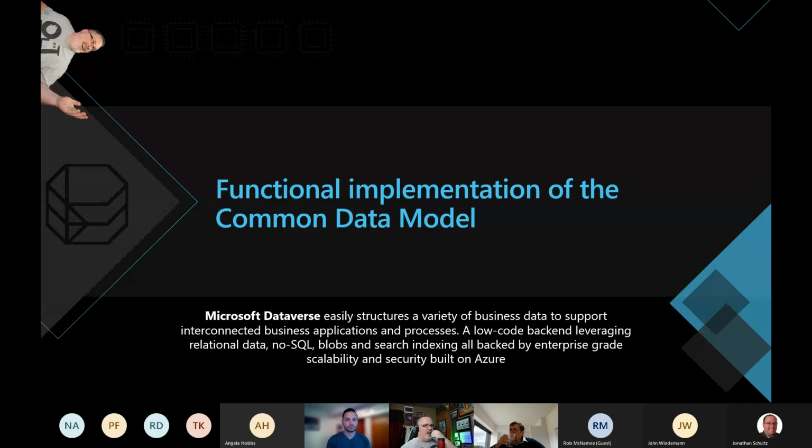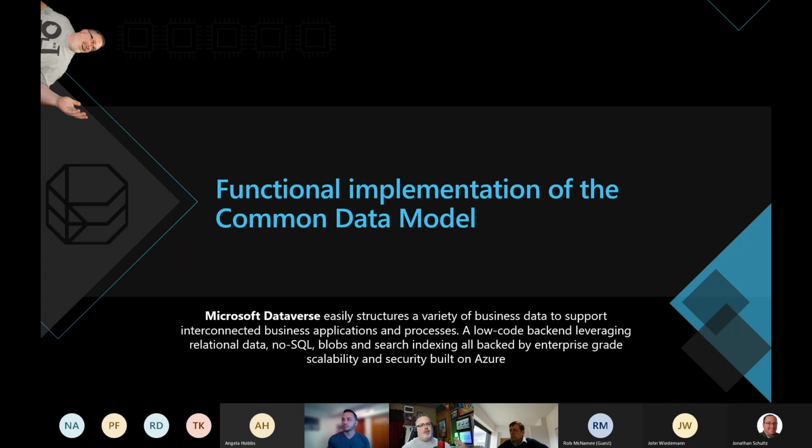When we talk about what the Dataverse is, this is that functional deployment of the Common Data Model that we've been talking about. When you deploy a Dataverse, you're going to see that lots of common entities get created as part of your solution. How much or how little you use any of these things is up to you.